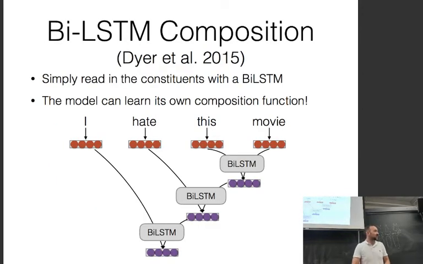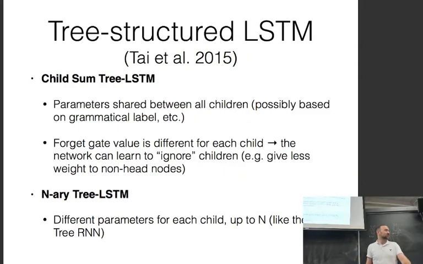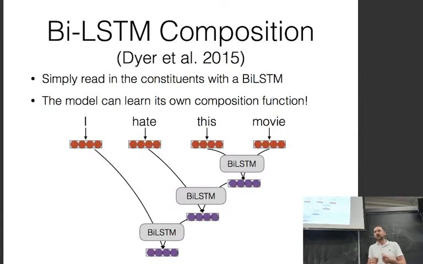And then finally, there's another one which is bi-LSTM composition. So the idea here is you have any number of constituents, and instead of running them through this simple tree RNN function, you take a bidirectional LSTM, you run it in the forward direction, run it in the backward direction over all of these vectors, and you calculate representations, and then use them as the representation for the next layer. So this is kind of giving up, right? We're not going to design any beautiful tree structured LSTM. We're just going to assume that our regular LSTM is good enough,